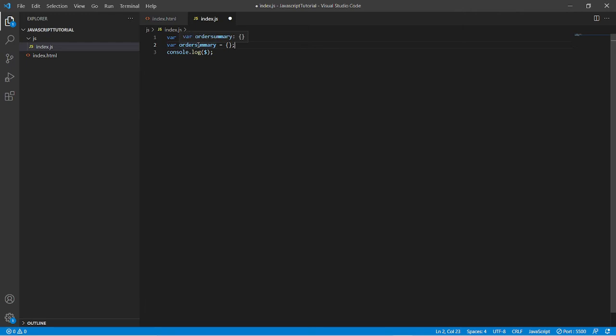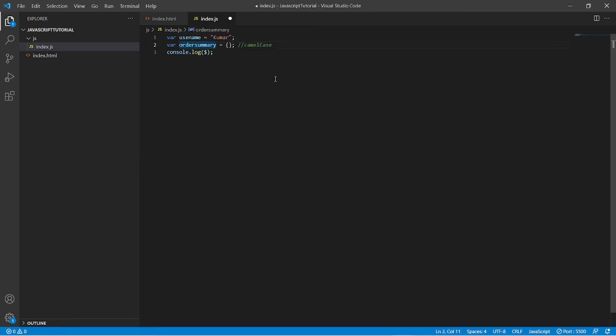Okay. So the other thing here is, if you have multiple words, you can make it camel case. Camel case is nothing but when you have another word, you start that word with a capital letter. However, you do not follow the same with the first word. So the first word will be in all small letters.